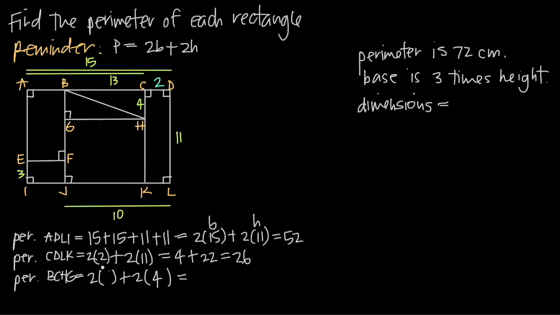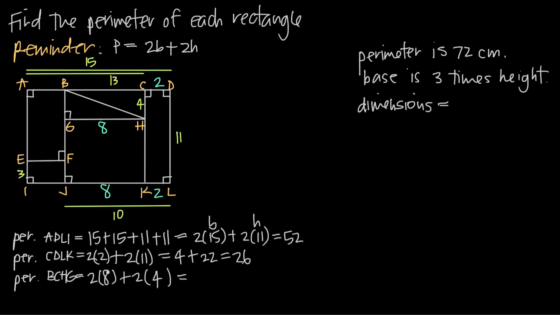Well, if we look at the last example where we found the perimeter of CDLK, we found that the base of CDLK was 2. So I know that the distance between C and D is 2. I know that the distance between K and L is 2. And I was given in the problem that the distance between J and L was 10. So the distance between J and K has to be the difference of 10 and 2, or 8. So this distance here from J to K is 8, and I know that that's the same distance as the length here, GH, the distance between G and H. So I can go ahead and say that that is 8 as well,